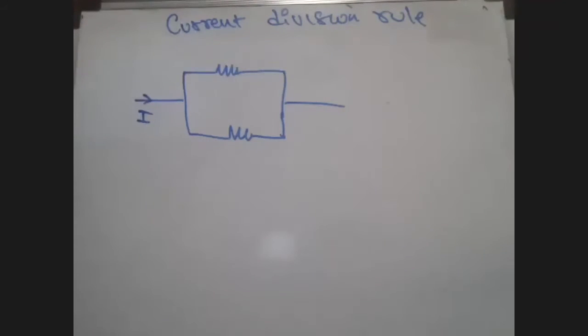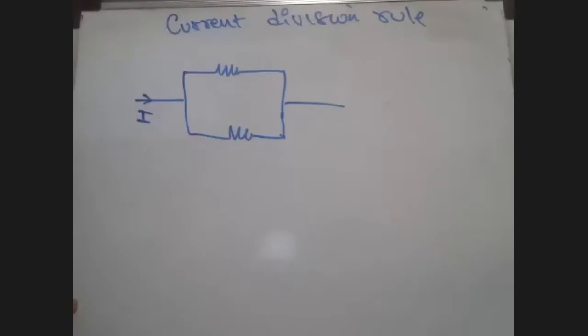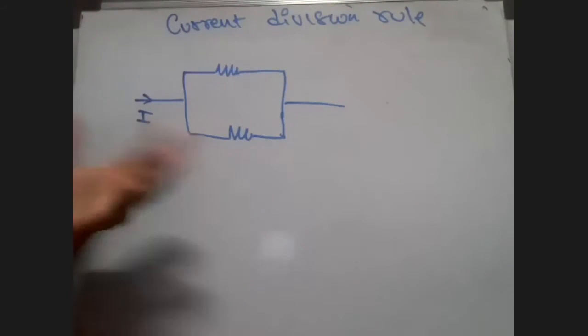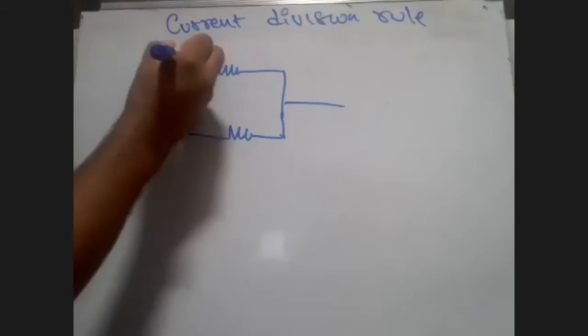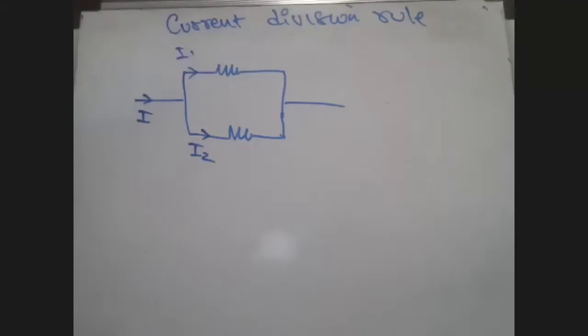If there is a current I over here, not necessarily that you apply this method only; you can apply whatever method you want. But I will also demonstrate a point where this method is actually useless, and another simplistic approach will be better. I will try to explain the concept in all approaches. Look here, if there is a current I flowing through this parallel circuit, of course it is going to be distributed as I1 and I2. Yes or no? I1 and I2.